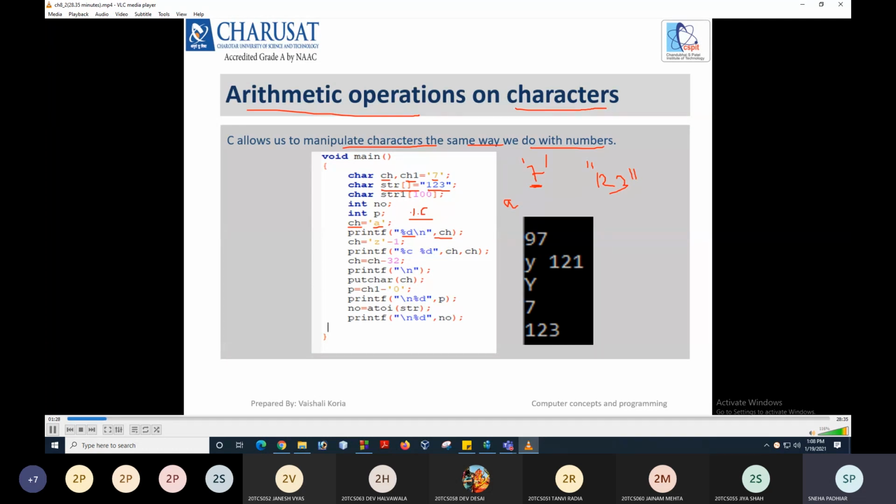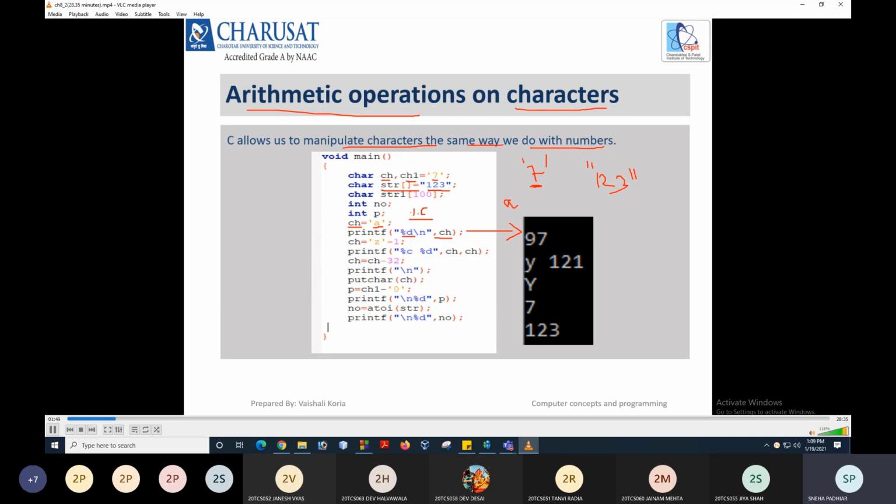When we print any character using %d, the result of that printf is the ASCII value of the character. So here, the ASCII value of a will be printed.